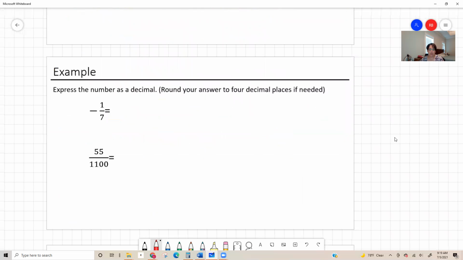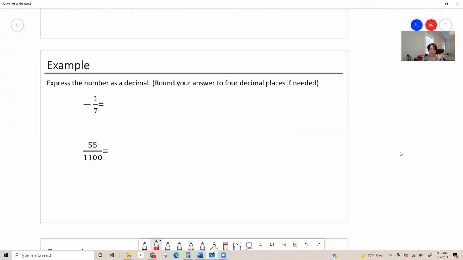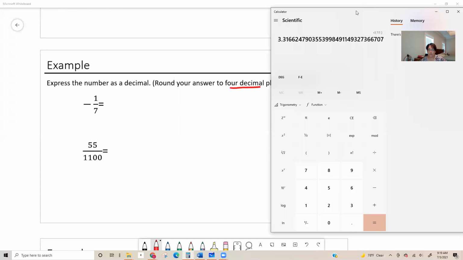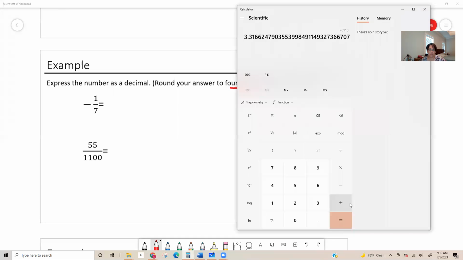All right, then you're going to have a couple of, I consider these to be pretty easy. They want you to express the number as a decimal and round your answer to 4 decimal places if you need to. So the easiest way to do this is just to grab your calculator. Okay, so I'm going to do 1 divided by 7, because this is 1 over 7, which is 1 divided by 7. And then I'm going to make it negative, and there is my answer. Okay, so 1/7 is this number,